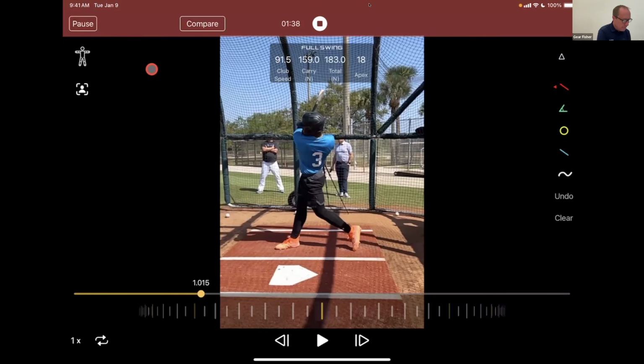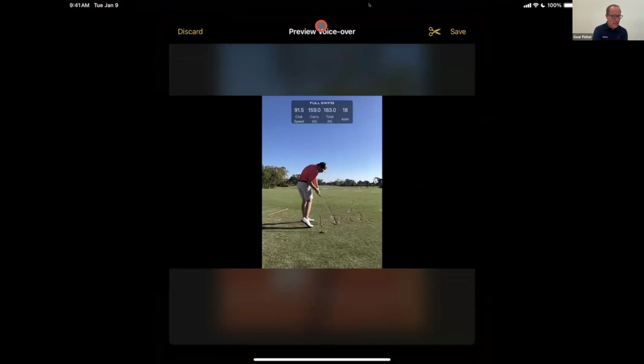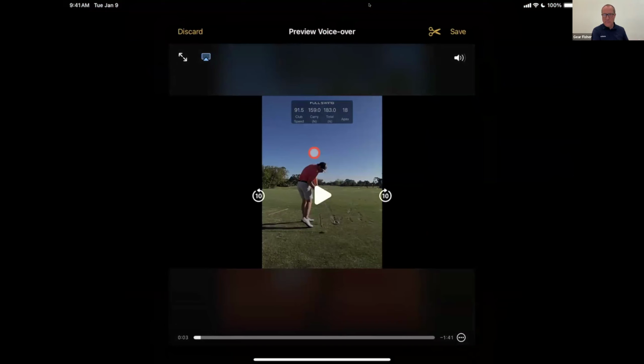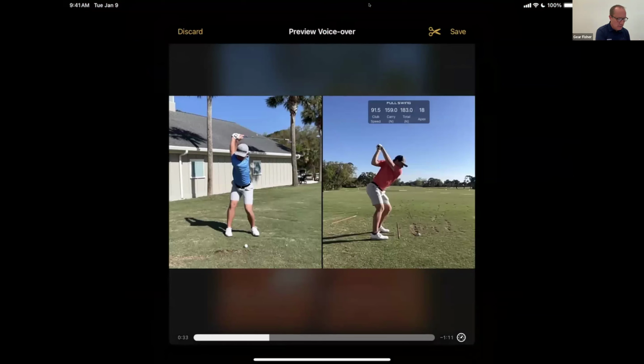I can basically use as many different ones as I would like. And when I'm done, I hit stop and it instantly gives me a voiceover for playback. And you'll note the final product of the voiceover doesn't include the chrome of the screen. And I can zip through here and you'll see it just instantly goes from the single video to the side